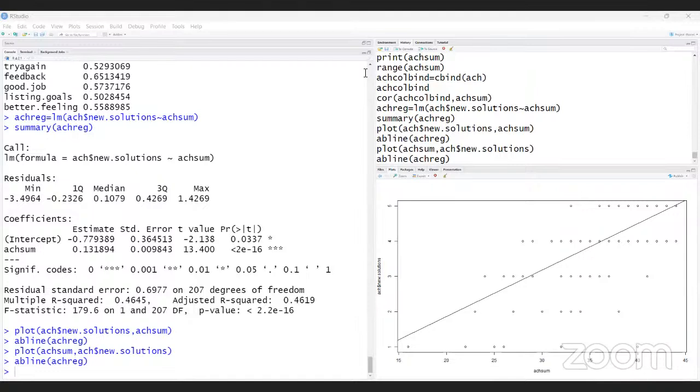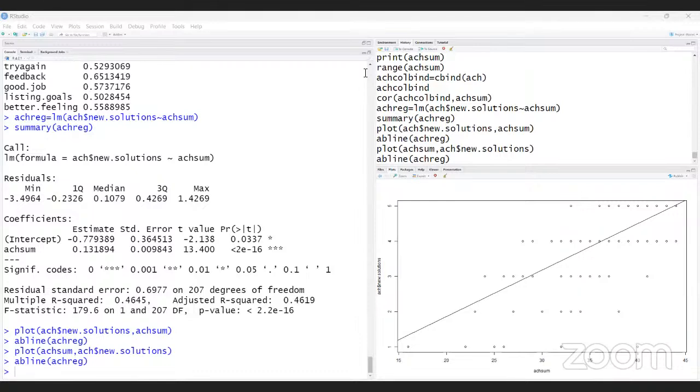Okay. And next, the cor. Cor means correlation. So H col bind, comma, H sum. After that, I am doing the regression.